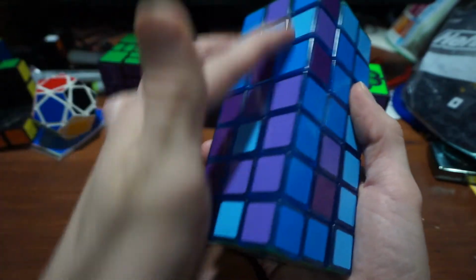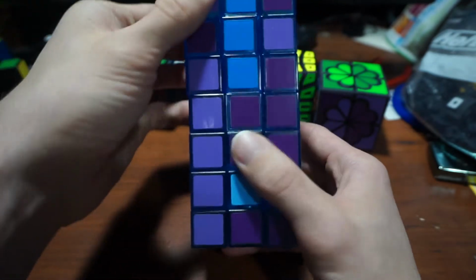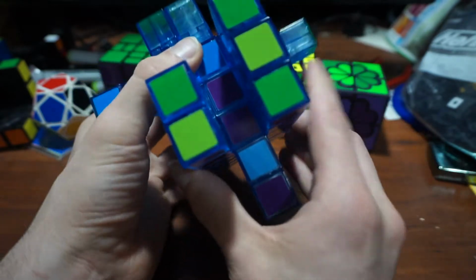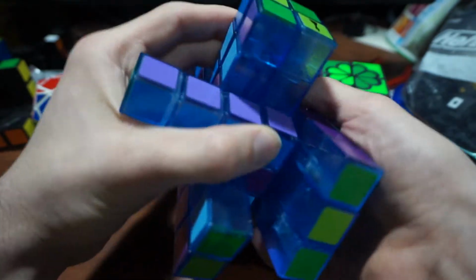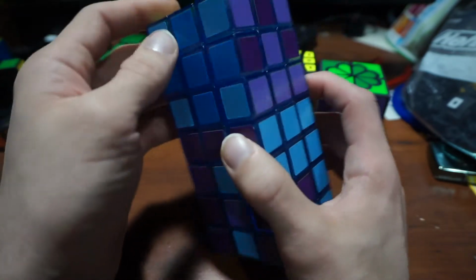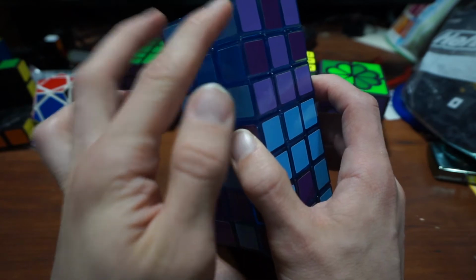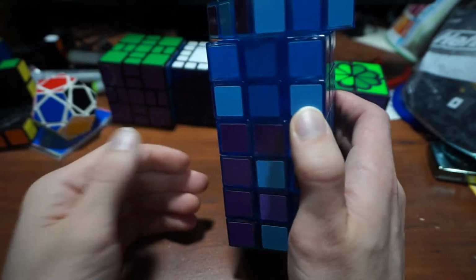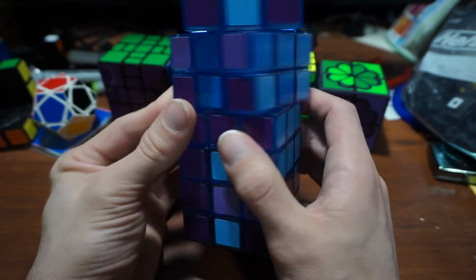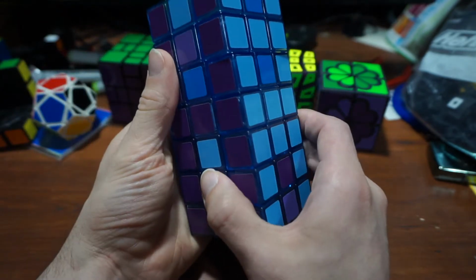Okay, so they're all in the back now. And I'm going to do the exact same thing to group these ones up. So bring that down, move it over, bring that one to the bottom, exchange the two, and then bring them back up. Okay, now if you note, they're all solved relative to one another on their perspective slices, which is exactly what I wanted. If I really decided to, I could just move them all in like that,